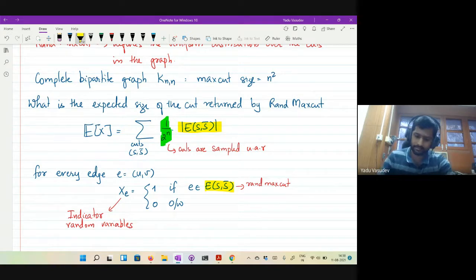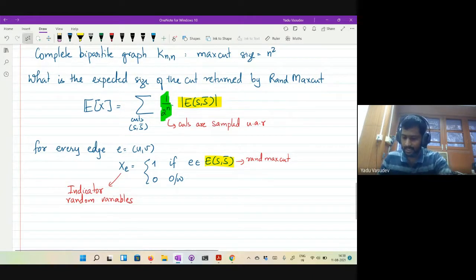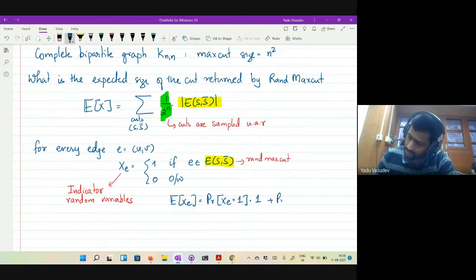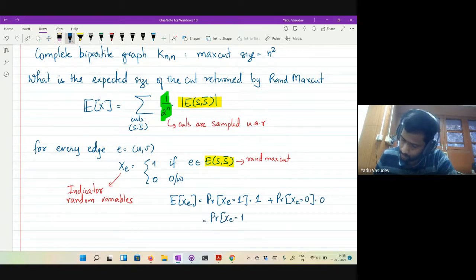The nice thing about indicator random variables is that the expected value of the indicator random variable, if you use the first principle argument, is basically the probability that x is equal to 1 times 1, because it takes the value 1, plus the probability that x is equal to 0 times 0, which is nothing but the probability that x is equal to 1. And this quantity is the probability for the event to occur.